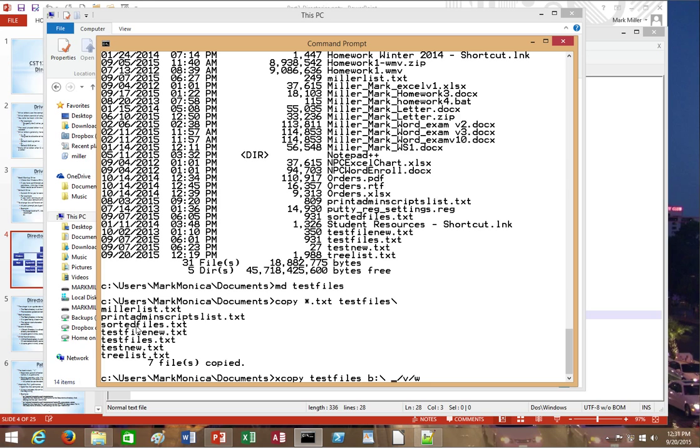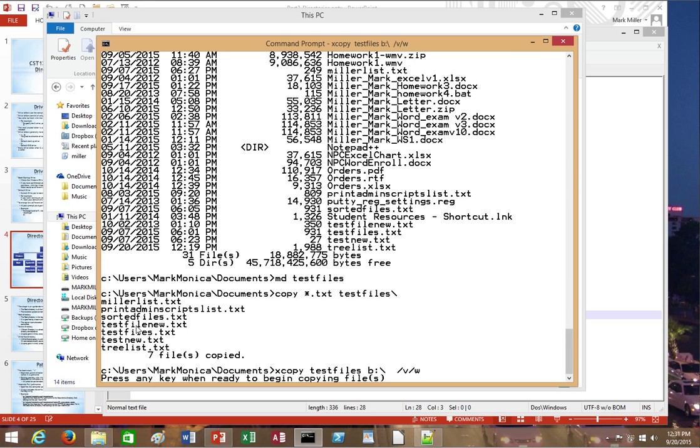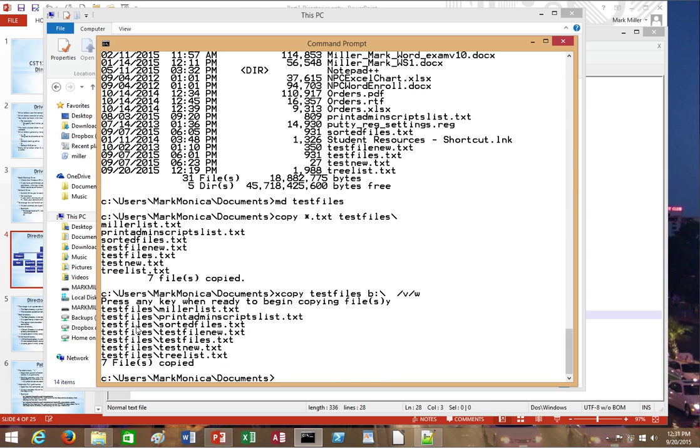So now when I specify this, because of the /W switch, it asks me am I ready? So I just simply answer Y, and it goes. Now notice, unlike other prompts, it doesn't say yes or no. When you answer the prompt, you say yes and it goes immediately. You don't have to press enter. Or if I did not want to copy, I could type in N for no, and it would just simply stop. So it copied the files,